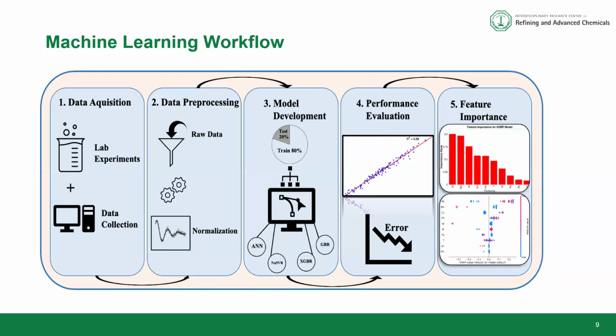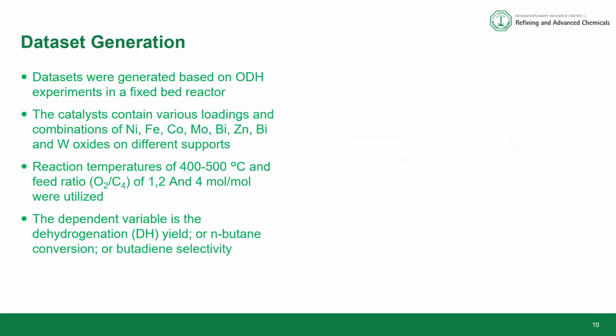Out of the many algorithms that are available, we chose 4 algorithms that we're going to see how they perform later. And the performance evaluation is in terms of the R square and then also the root mean square error and other metrics. And then finally, the feature importance. We also attempted to look at the permutation feature importance and the SHAP analysis, all for our data.